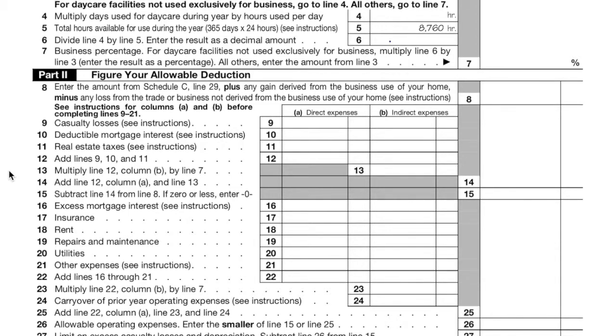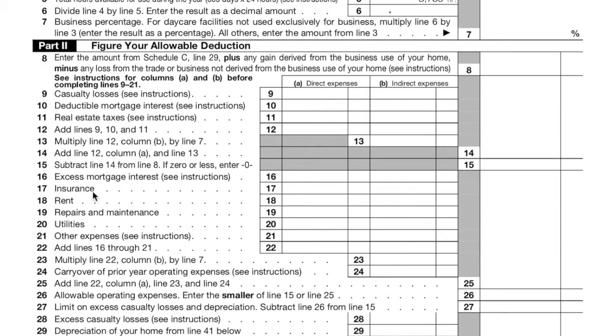And then we drop down below the gray boxes. The gray boxes are kind of helping us to just do some calculations. Then we're going to do insurance, rent, repairs and maintenance, utilities, and then certain other expenses, and we're going to pull those together. Eventually, the direct and the indirect expenses end up being combined down a little bit further on this form. And then ultimately,